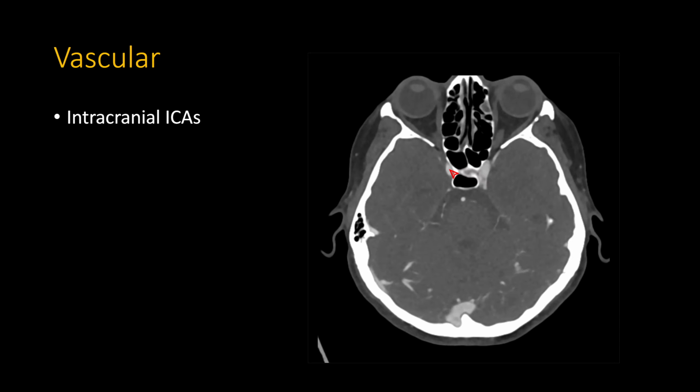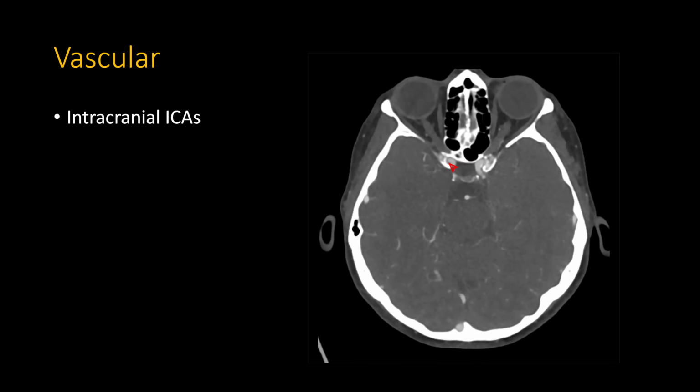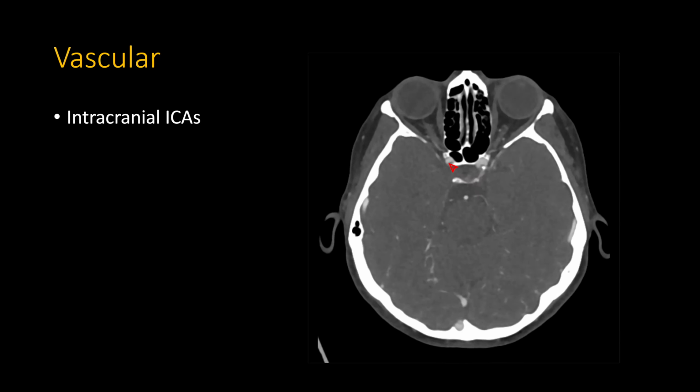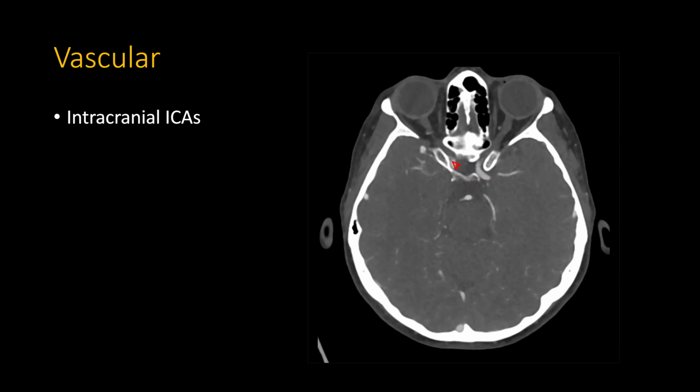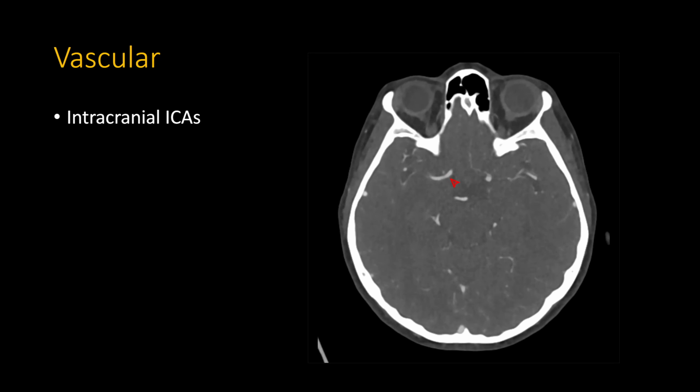The cavernous sinus has a couple of branches. Usually you can't see them on the CTAs. Once it exits the cavernous sinus, it has a short clinoid segment. Again, it doesn't have any branches. And then once it gives off the ophthalmic artery, which it probably does somewhere around right here, it becomes the ophthalmic segment. So from the origin of the ophthalmic artery until the origin of the posterior communicating artery,